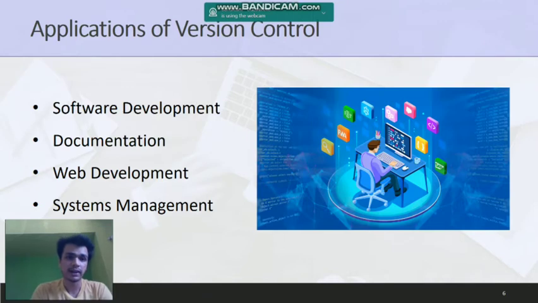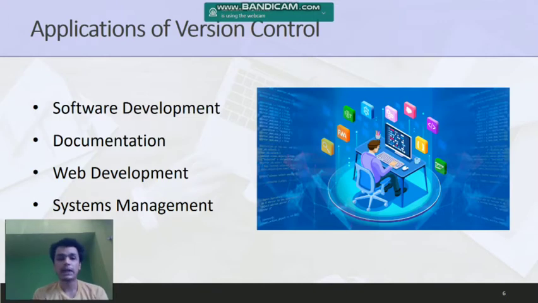The first being software development, where entire teams can work simultaneously from anywhere at any point, and they can see what changes their teammates are making. Accordingly, they can change their own code, and that's how software development can be done in a really revolutionary way. To support this and make your teammates aware of the changes you have made, you can add comments while committing your code into the system, which is really important and helpful for documentation of the system, which is the very next point.